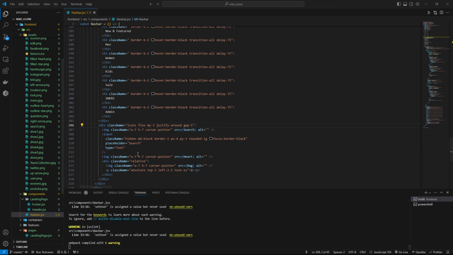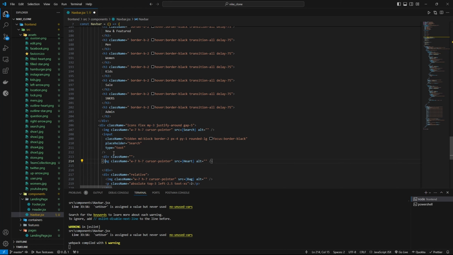And then for the shop icon, let's not for the shop icon but for the heart I'm going to make a div. And here I'm going to insert the image, and it will be hidden, and it will be only visible when the screen will be empty. Okay, and apart from that, the shopping icon,